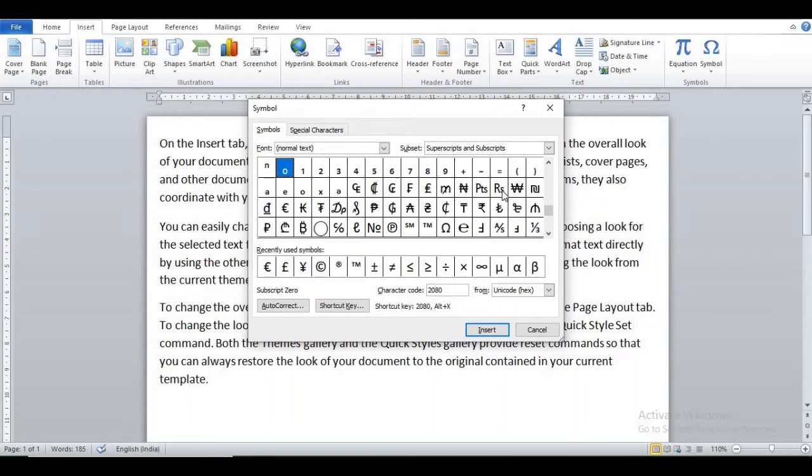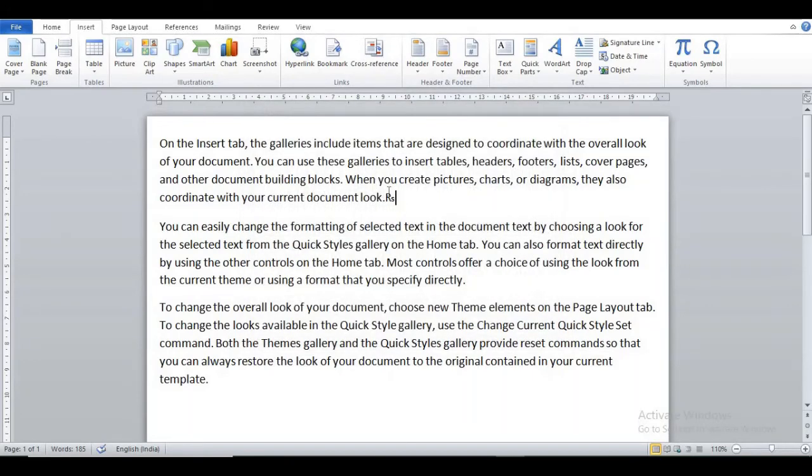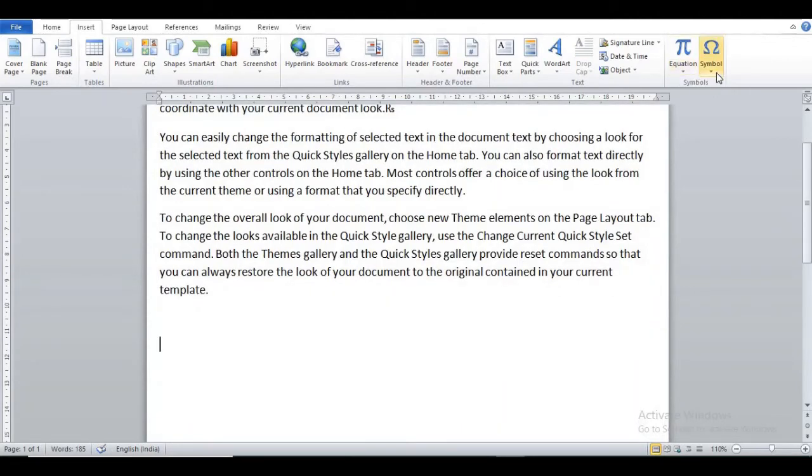Now suppose I want the rupees symbol. Select the rupees symbol and insert. See here, the rupees symbol is inserted in our Word document. Suppose I want to insert here, so click on symbol.